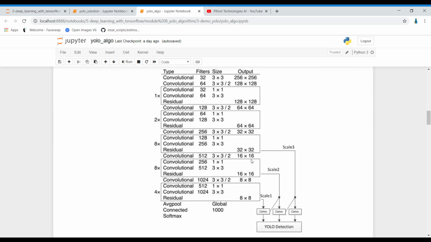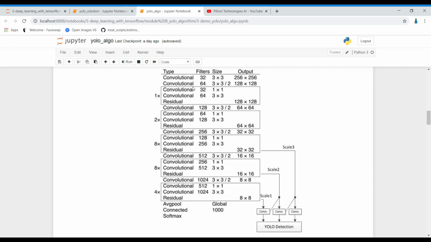So this is the structure of the YOLO algorithm. First, this structure we write in my next Jupyter Notebook cell. I'll be creating the network following this architecture only. This is the layer architecture of the YOLO algorithm, and what we are saying over here is that the first layer of the YOLO algorithm will have 32 filters of 3 by 3 size, and we'll get this output. This will be the output volume which we will get after performing this functionality.